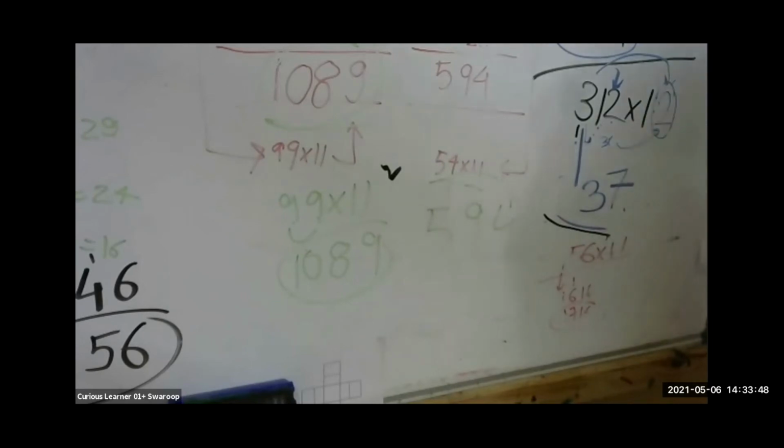Now the same thing with 1. 1 multiply with this 2 plus next number. 1 multiply 2 is 2 plus next number is 4. So we write 4 here. And 2 multiply 2 plus nothing, 4. Now get your calculators and check if the answer is correct. 312 multiply 12. 3744. Same thing you can do with 11, 12, 13, 14, 15, 16, 17, 18.